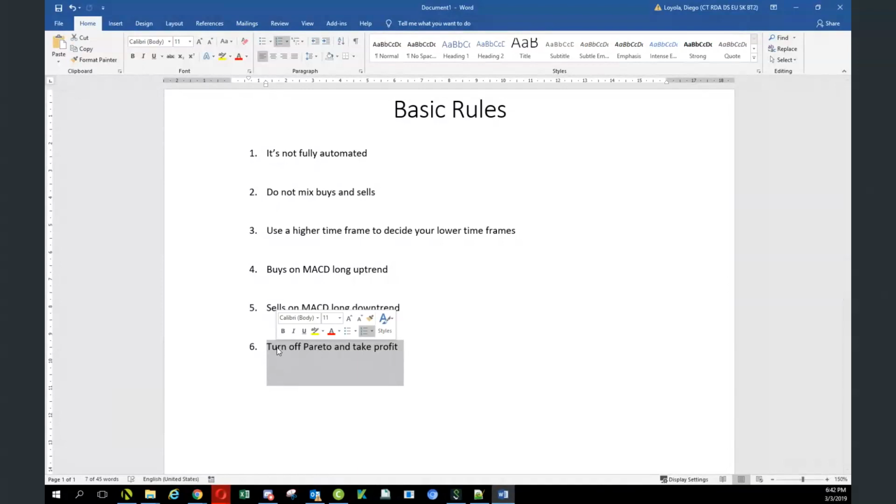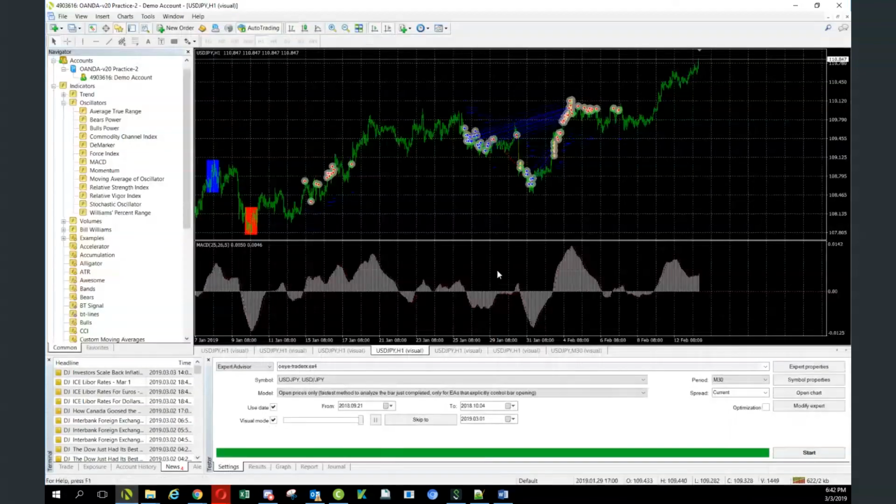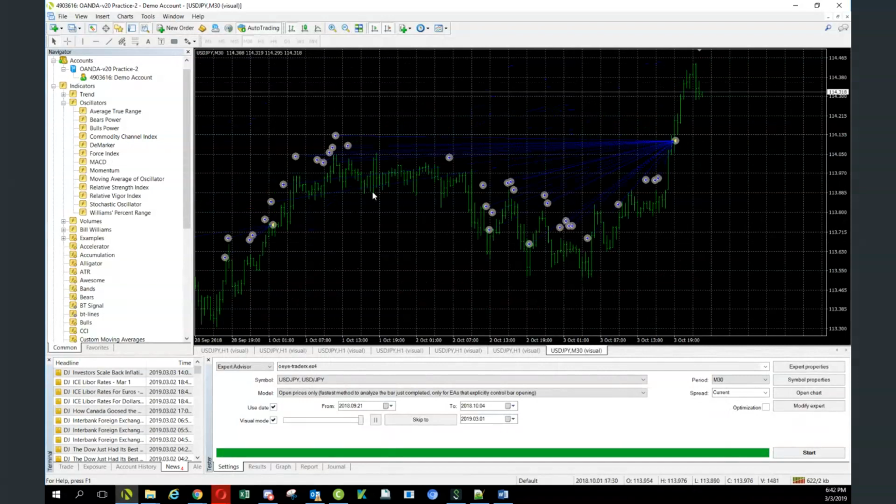You can certainly always keep it on, have some profit if you want to feel comfortable that it takes at least a little bit of profit. But the way we are doing this, and especially if you're doing manual trading and keeping track of this, you will get more profit if you turn them off. Because if we see this, take a look at this. So on this setting that we had